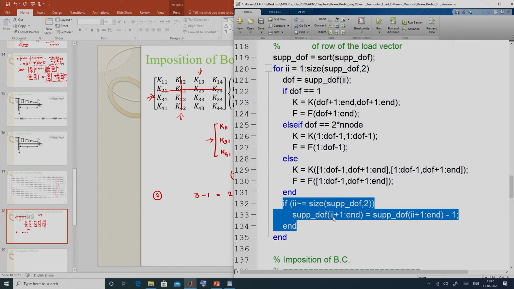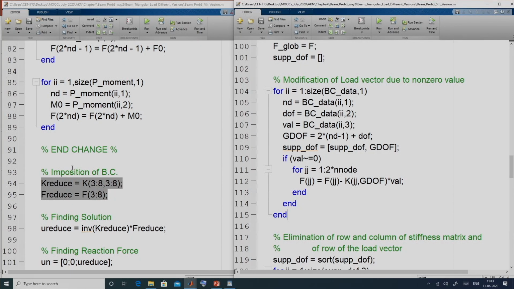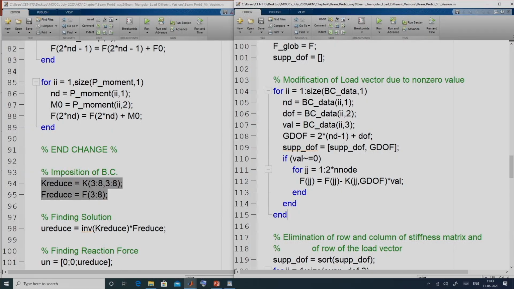So, for all the suppressed degrees of freedom from location II plus 1 to end, we reduce by 1. You remember the suppressed degrees of freedom are sorted. So, we have to reduce only the degrees of freedom after II, so II plus 1 to end. Thus, the imposition of boundary conditions is now generalized for any general boundary condition data which is given in PC data.